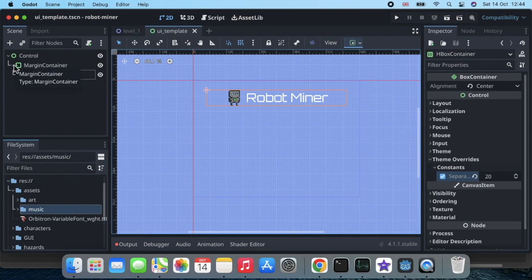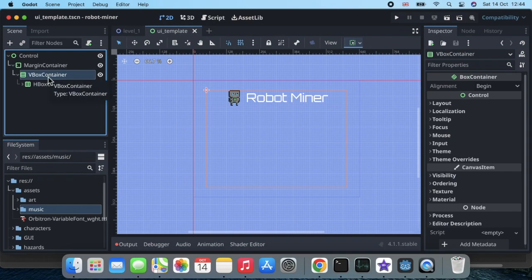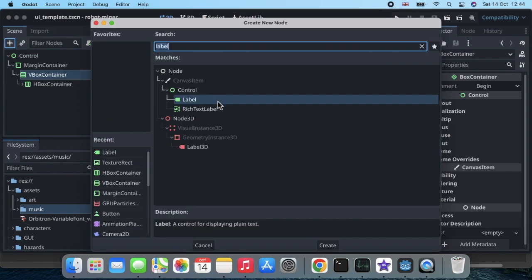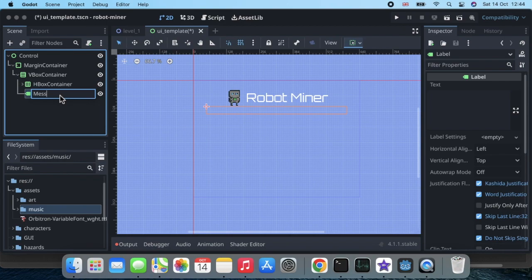So I do need the margin container. I actually need the VBoxContainer too, but not the HBoxContainer. So as a child of the VBoxContainer, I'm going to add a label, and look at it, it's already selected. And I'm going to call that message large font. Going to select it, going to go Control D to duplicate, and I'm going to click on it, and I'm going to call it message